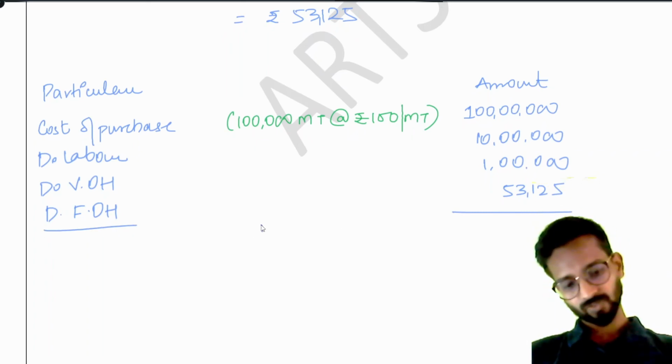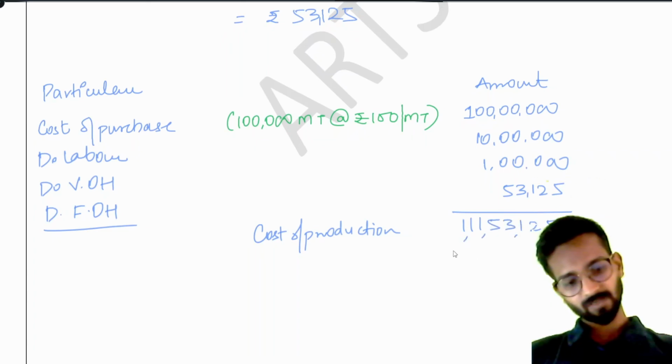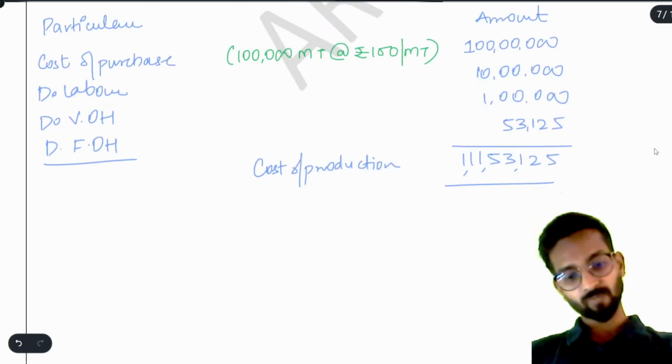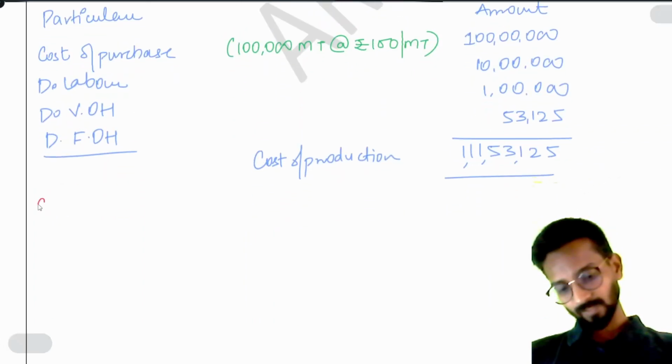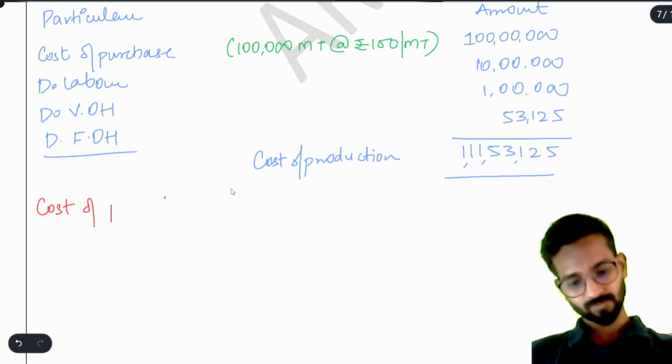This will give me cost of production, and the total is 153,125. Simple enough. But this is my total cost of production. Cost of production for how many units? 85,000 units. I want the cost for how many units? Only closing stock, that is 5,000 units. So cost of closing stock per unit